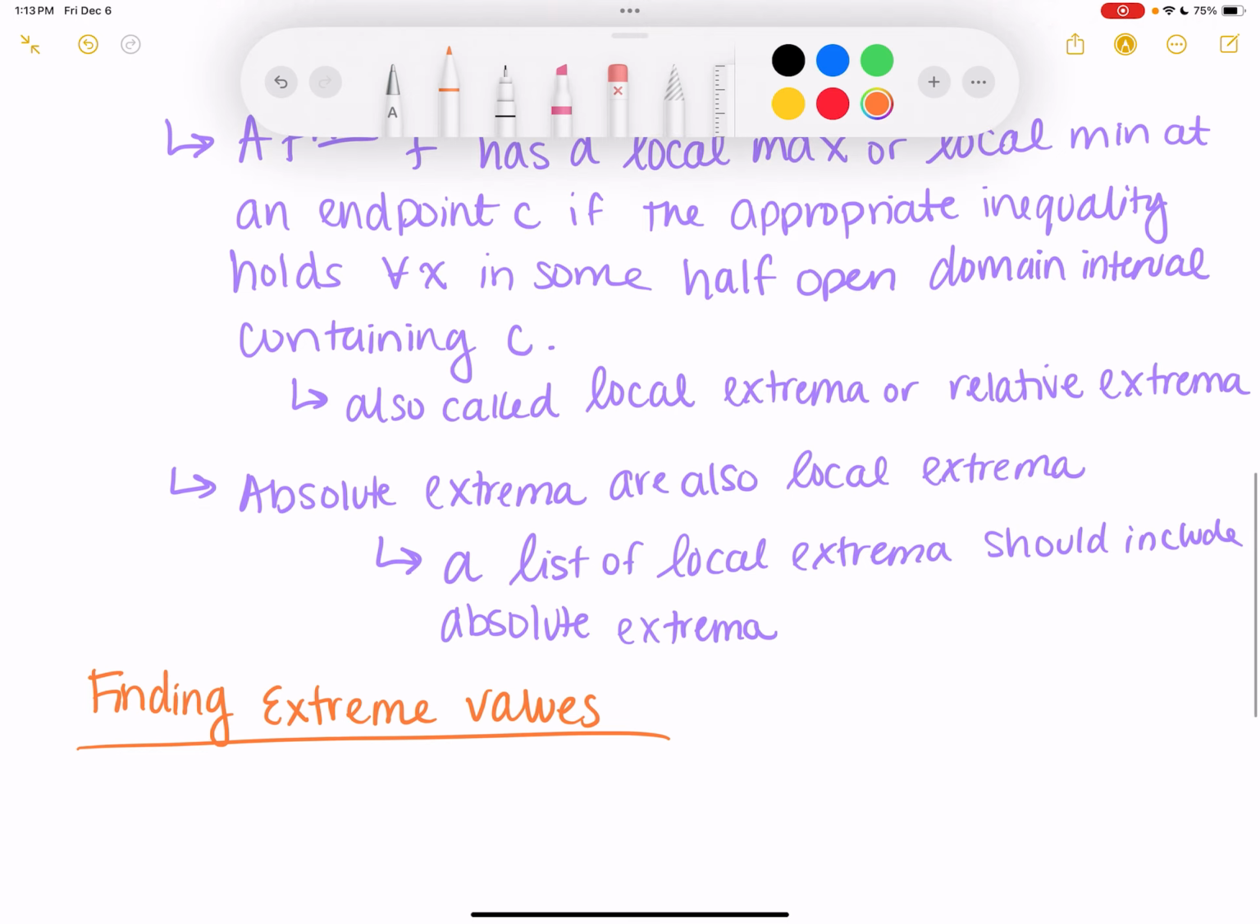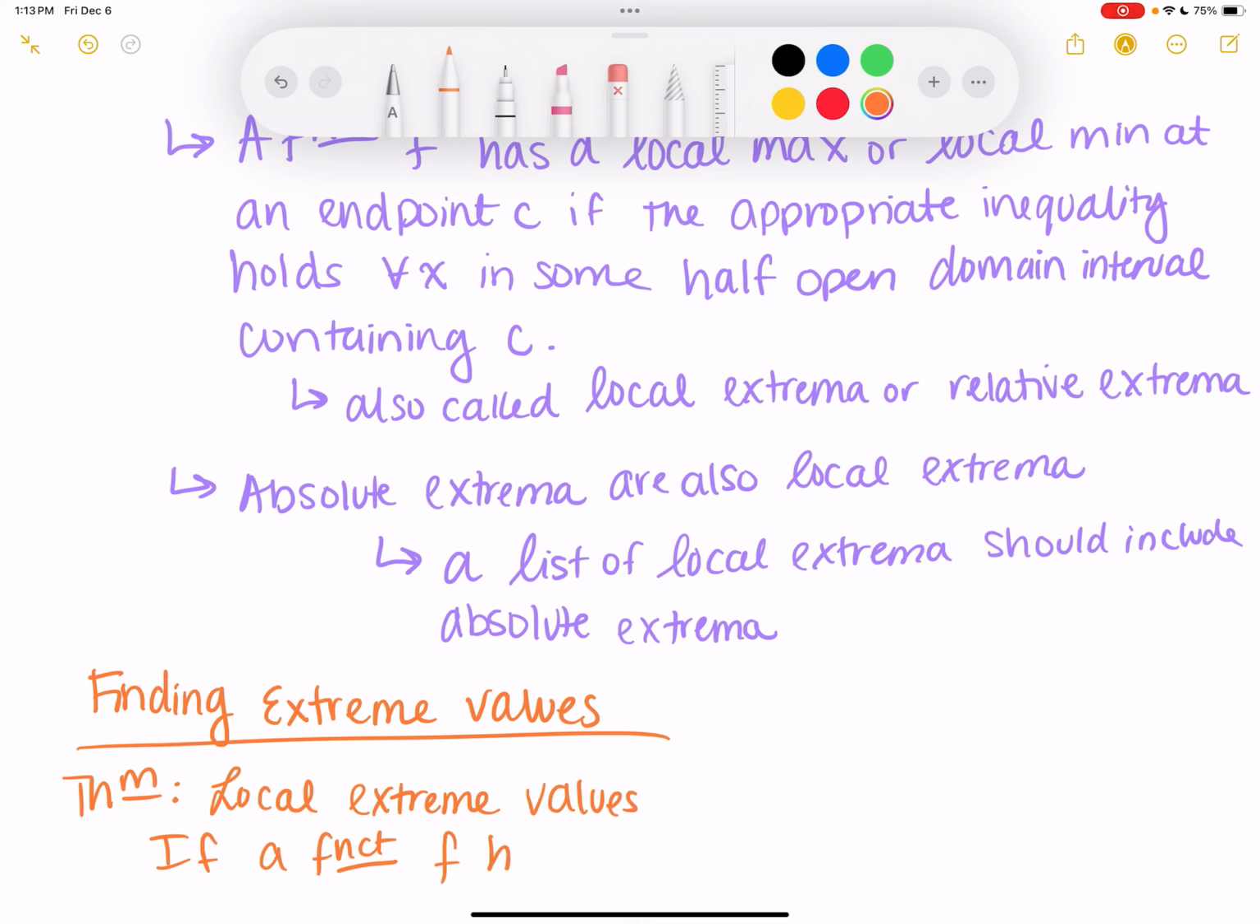So the theorem for local extreme values: if a function f has a local max value or a local min value,